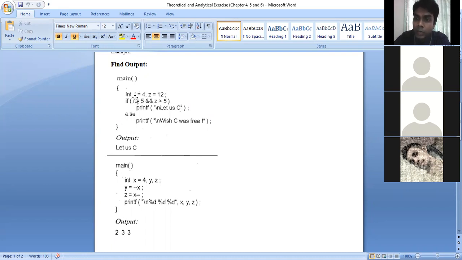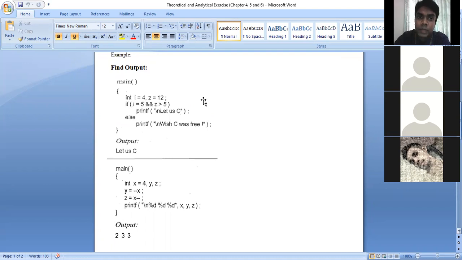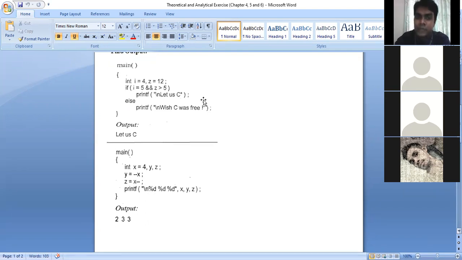Previously it was 4, now it will be 5. It will override the previous value. That is the thing. Can 3 be taken, sir? No, you can take any value: 3, -5, -6, any value. No problem. I just need to know what the output of this code is. Whatever value you assign here, it is okay.